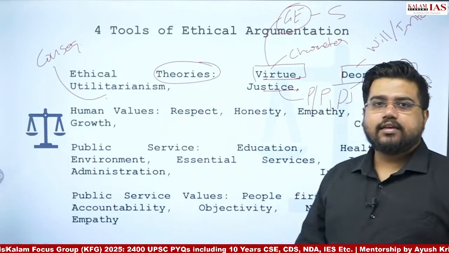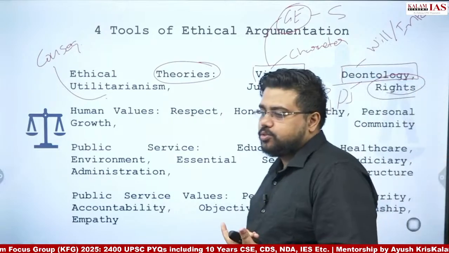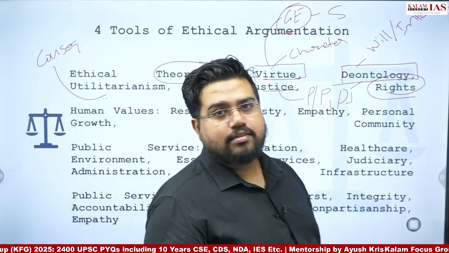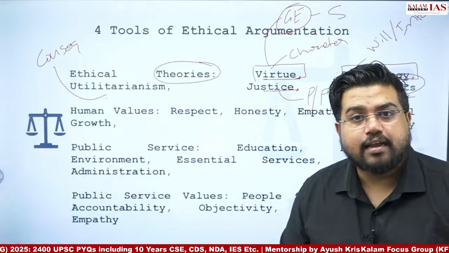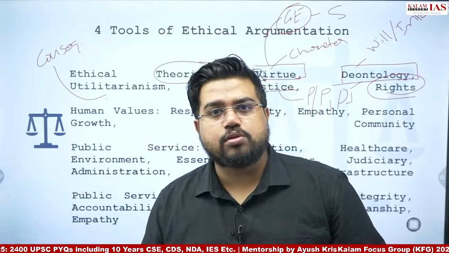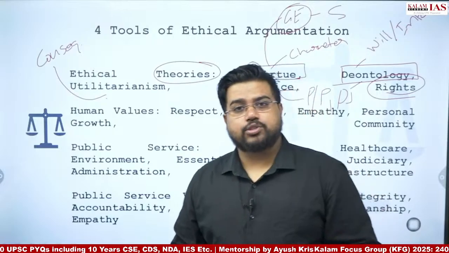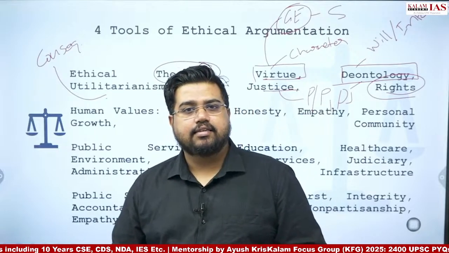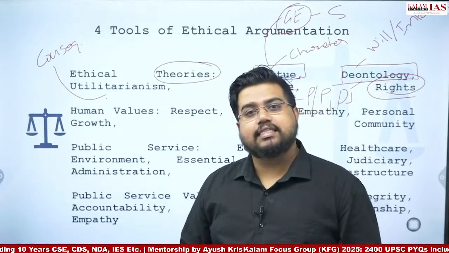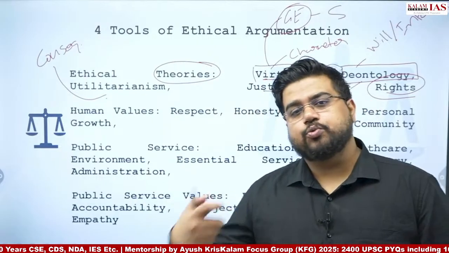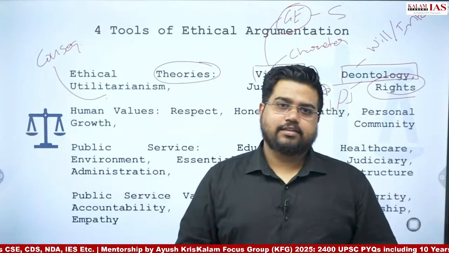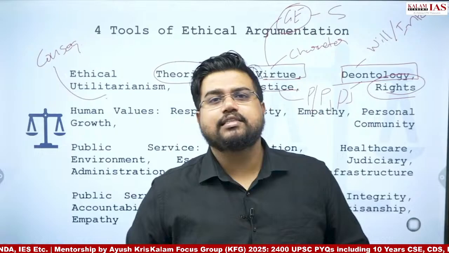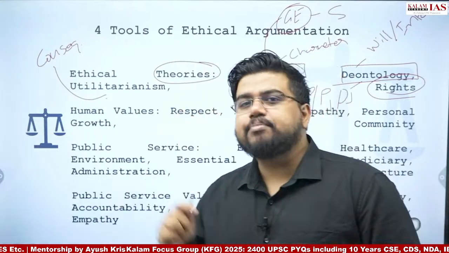Similarly, human values. You should think of different values. Many of the questions we have seen, shown in the last slide, look like GS2 questions, especially the Bharatiya Nyaya Sanhita question. It can very aptly be asked in GS2 also. Or you can say the global warming question or artificial intelligence question can be asked in GS3. Now, when these topics are being asked in ethics, what difference are you going to create? If you have an answer for this, if you have a thought process for this, you're going to score good marks. You're going to score better marks than your competitors.